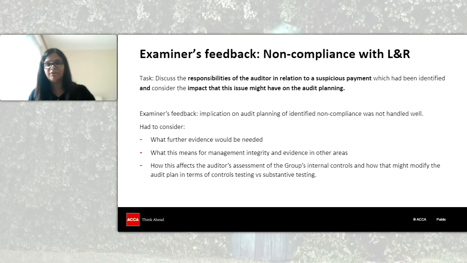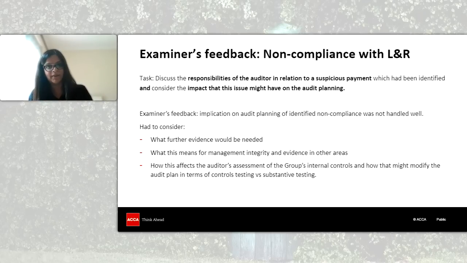So yes, I've identified this non-compliance, but now I need to be alert that there could be other instances of non-compliances as well. And then you query your assessment of internal controls. Remember, internal control is just a very fancy way of saying systems. So if the systems let them breach one law, my concern is that the systems might not be very reliable, and I need to modify my approach in terms of whether I can rely on these systems to reduce my